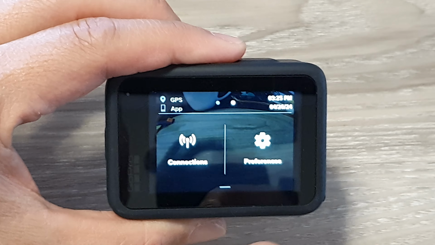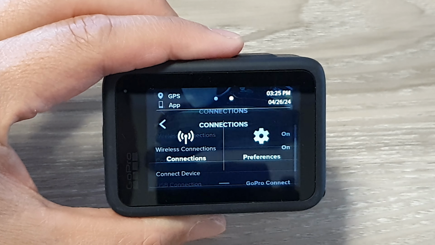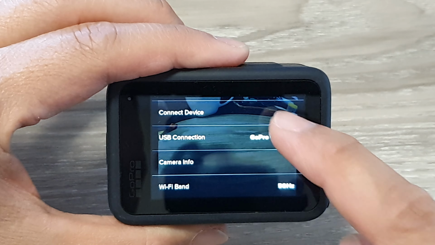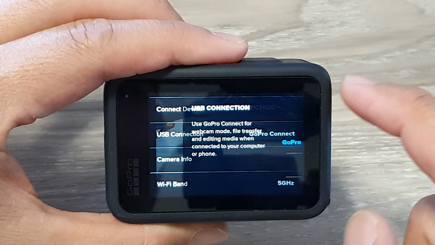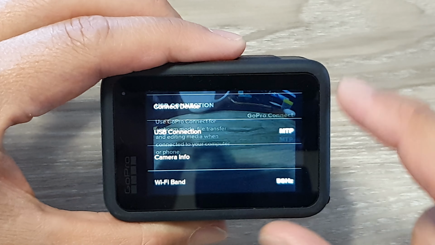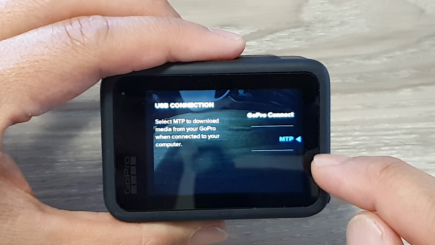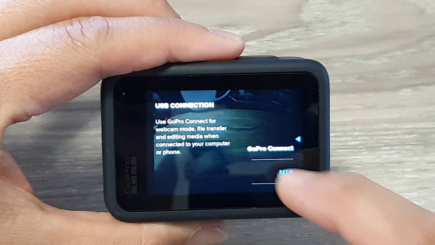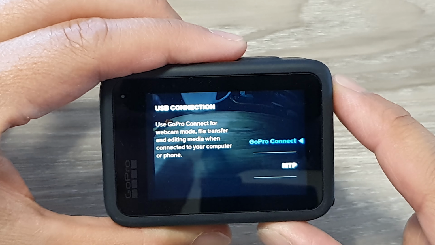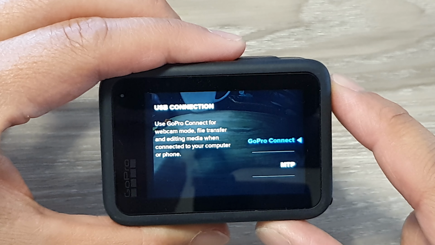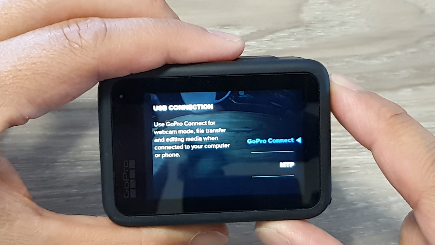Next, tap on Connections. Then we go down and tap on USB connection. In here, by default, it is set to MTP, so you want to choose GoPro Connect. Now it said here, use GoPro Connect for webcam mode, file transfer, and editing media when connected to your computer